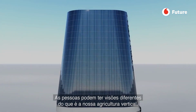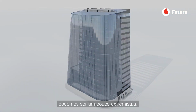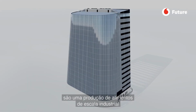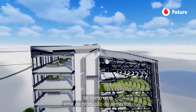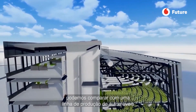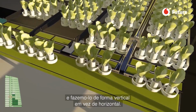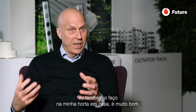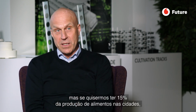People might have a little bit different views on what a vertical farm really is. We might be a little bit extreme. To us, vertical farms are industrial scale food production, like a food production line that you can compare to a car production line, and you do it on a vertical, not horizontal. Small-scale farming is really good. I do it too in my home garden. It's really nice. But if you want to have 15% of the food production in cities, then you have to